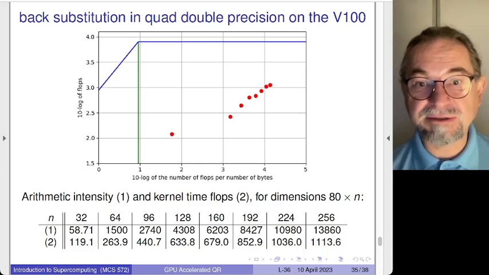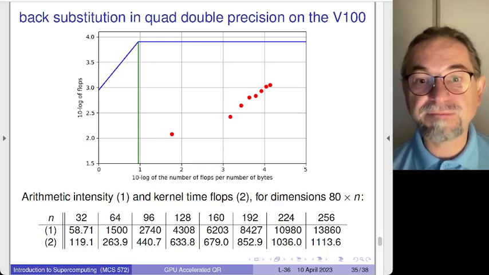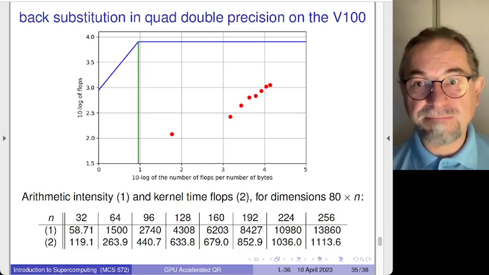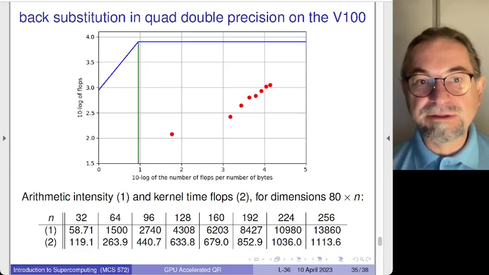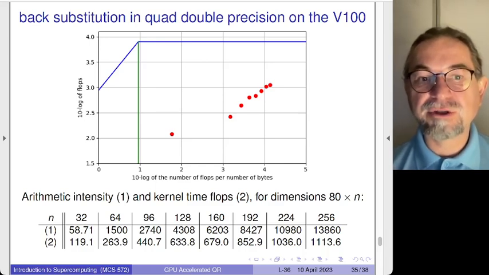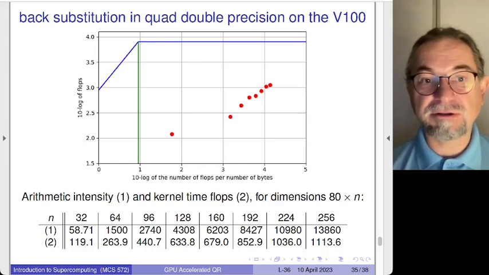So you can see that you need to go to 80 times 256 to achieve teraflop performance. But still, we have the green line in the plot and then the roofline. At the left of the green line, you have memory bound problems. So that actually goes up. At the right of the green line, you have compute bound. So all our dots computed with the arithmetic intensity, the dots actually are at the right of the